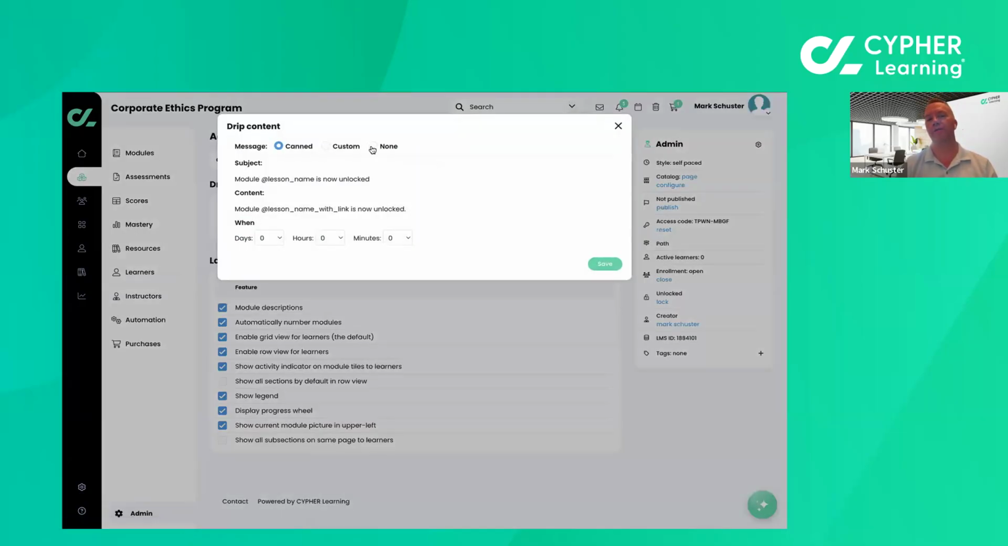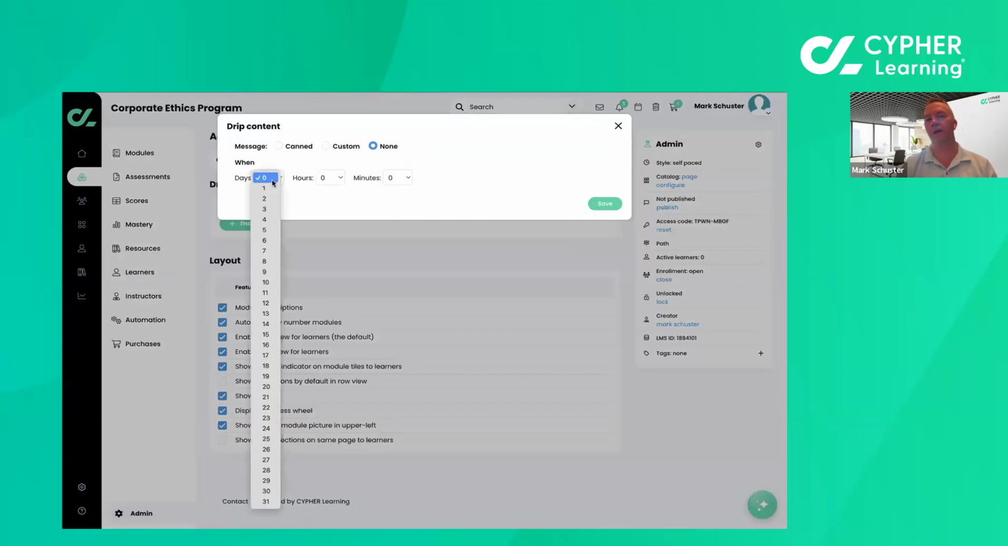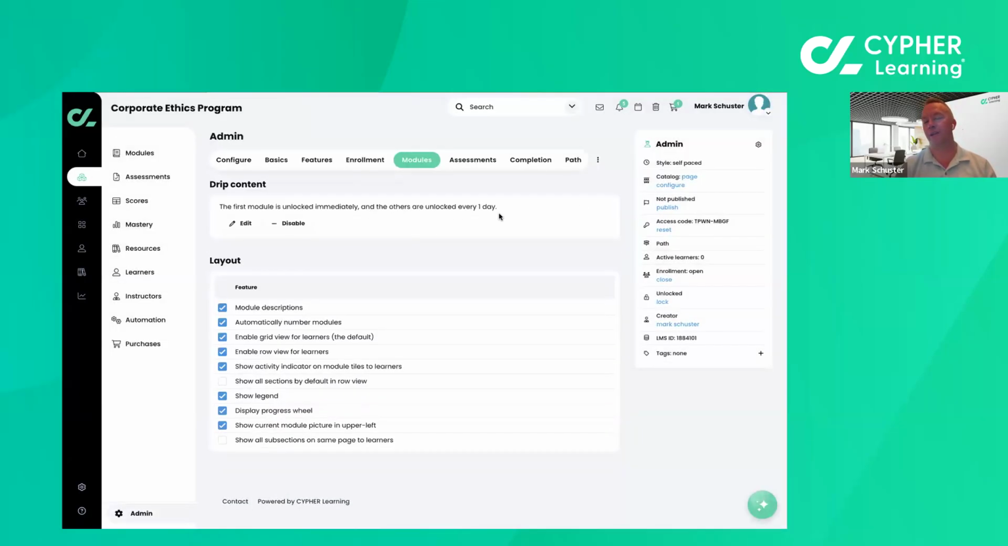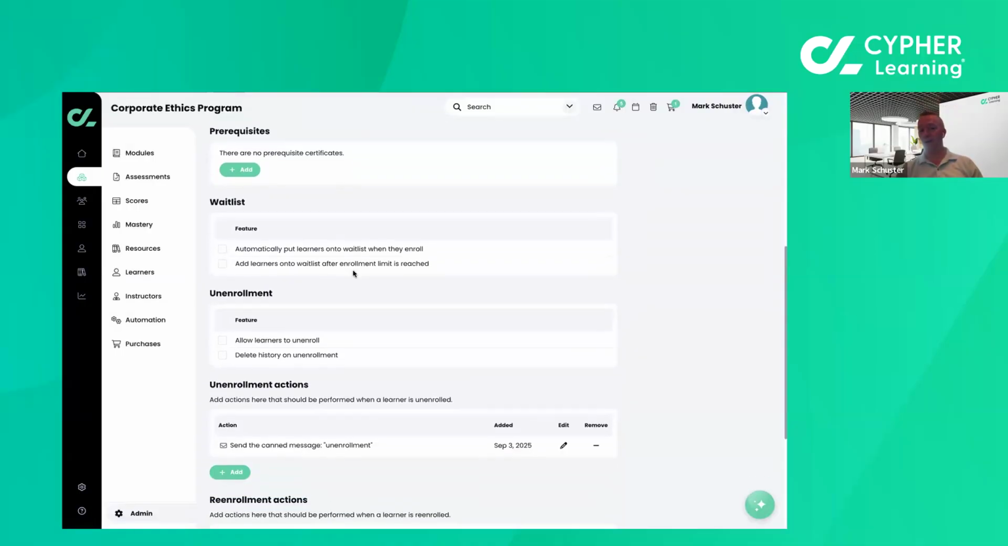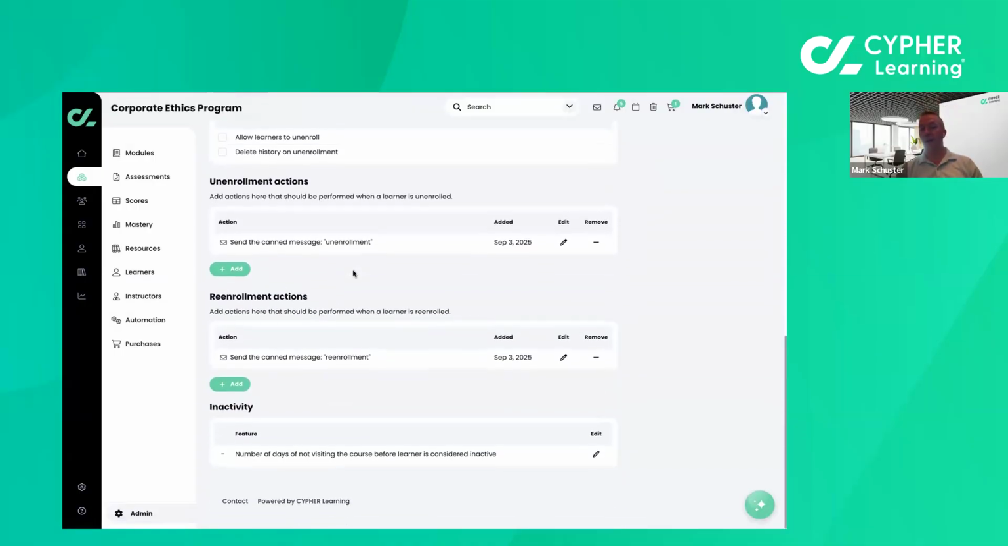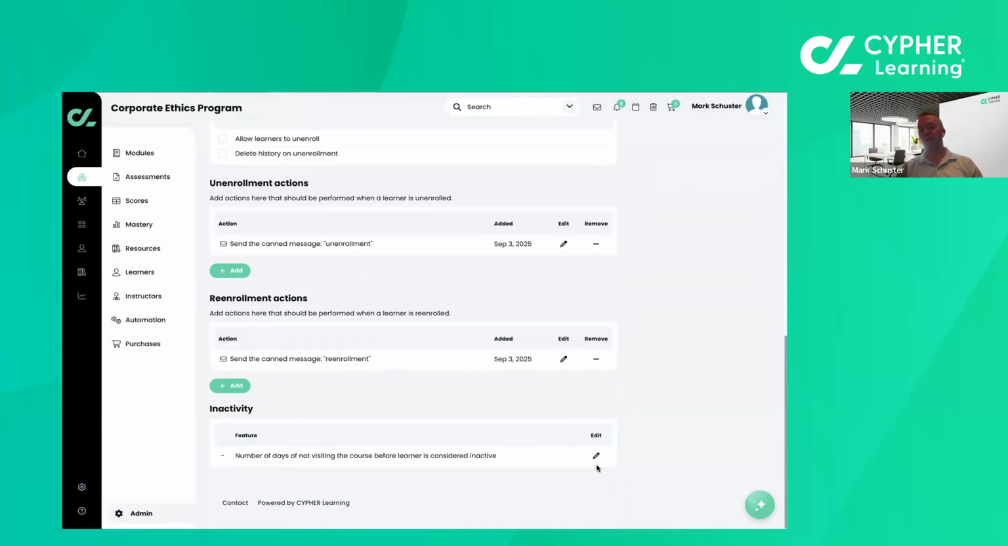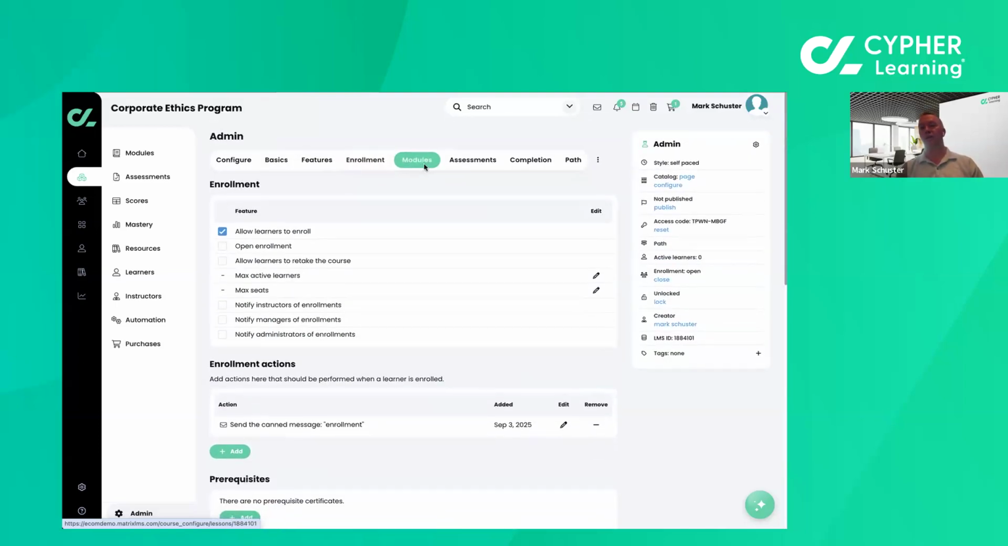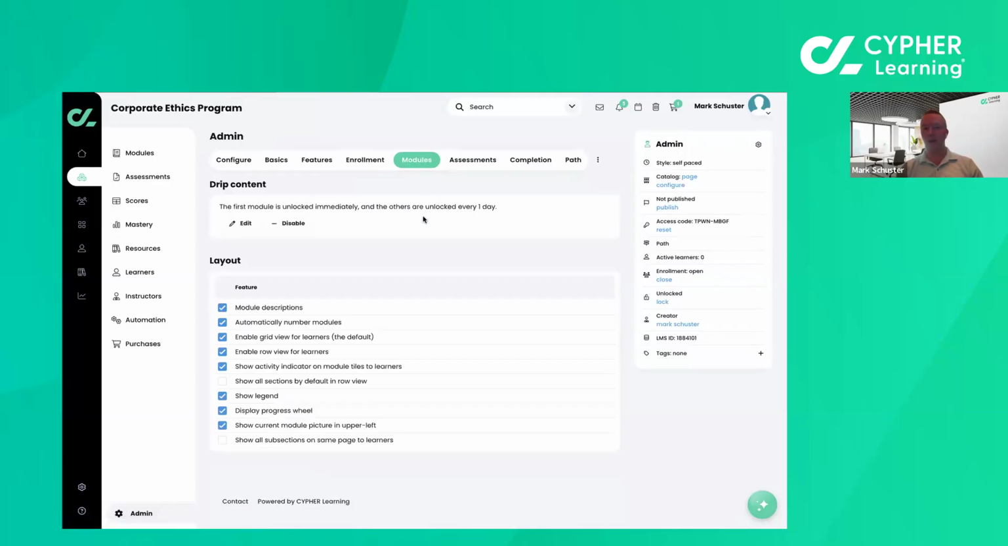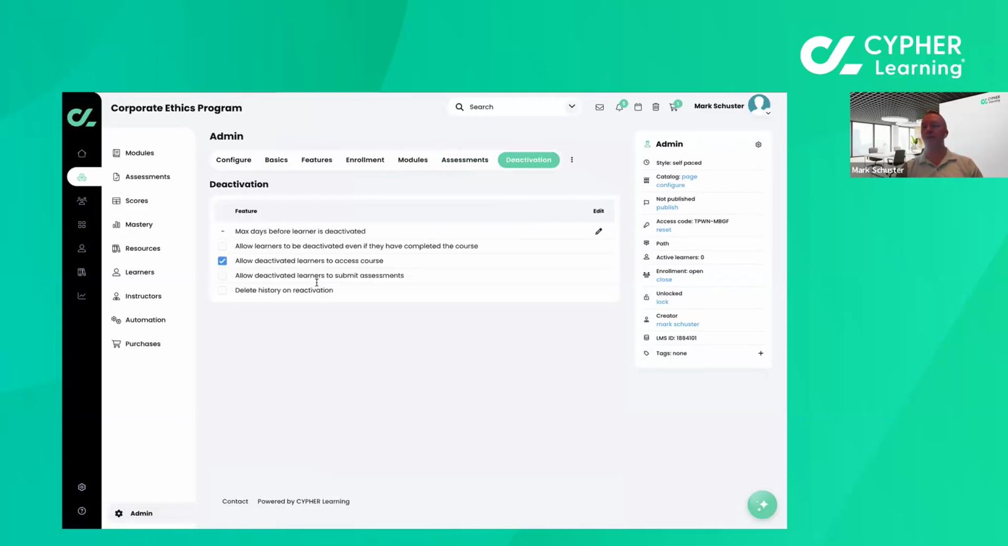So drip content allows you to do any type of date based. So I can set for this to release modules every day. But you can also do things based on a variety of different types of actions, like inactivity. So you can set a number of days of inactivity to send out reminders and lock and unlock modules based on that. You can also set a variety of other options using our deactivation features,